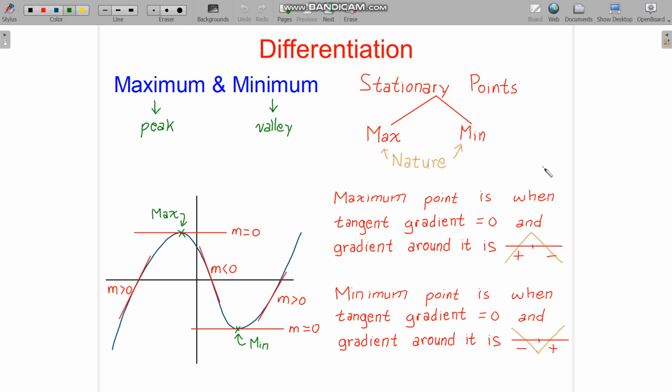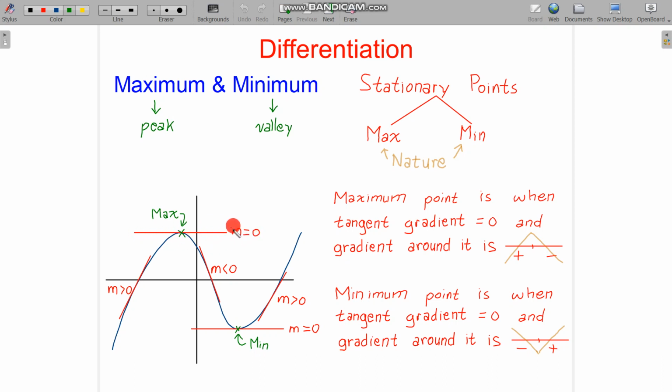Hello everyone, this video is about maximum minimum point. Maximum means the peak, minimum means valley. So here we have a maximum point, a minimum point. At the maximum point and minimum point, the gradient of the tangent is actually 0 because the tangent is